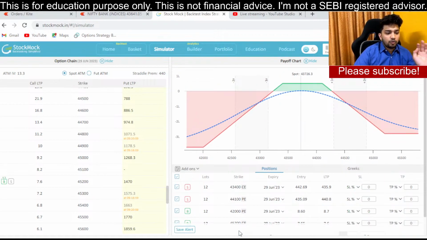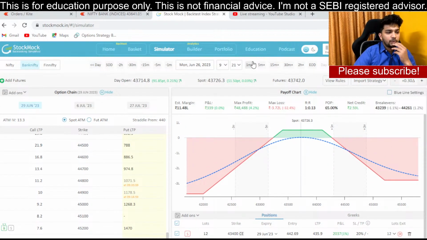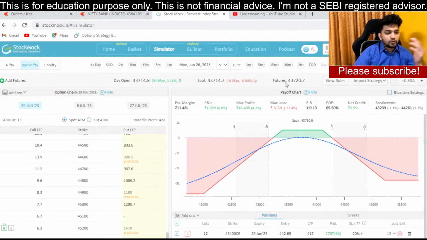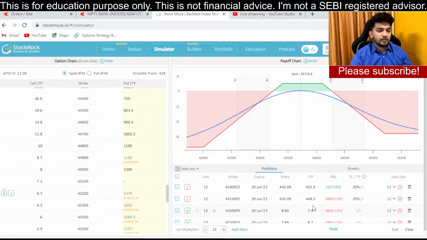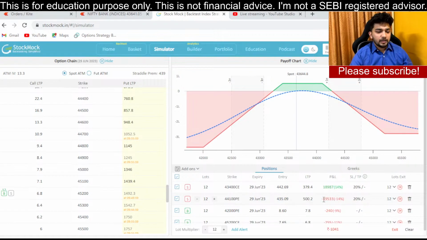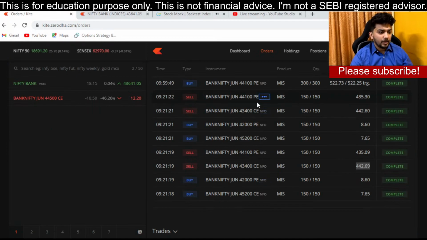Now you also know that we go ahead with a 20% SL on both legs. So let me just put that here as well. Okay, save all that. Right now let's see what happened throughout the day. I will keep running this in a 5-minute frame. So obviously after this the market has drastically fallen. If you see, when the market is falling, our put leg is making losses. My stop loss actually got hit at this level,